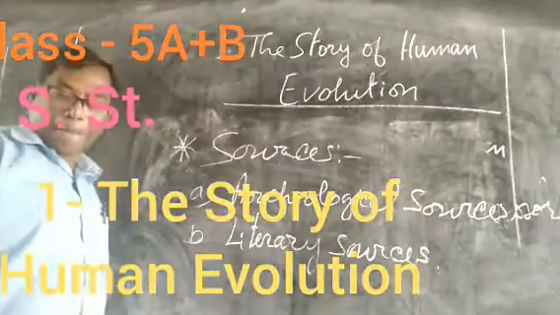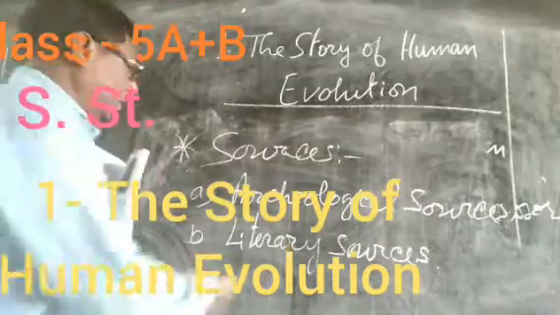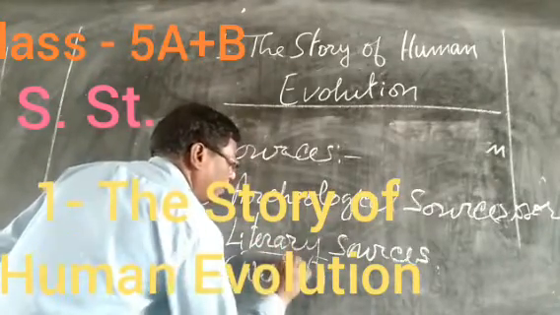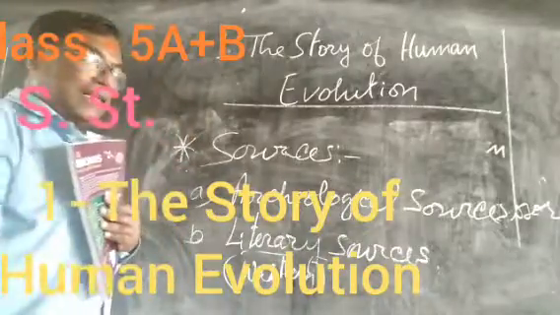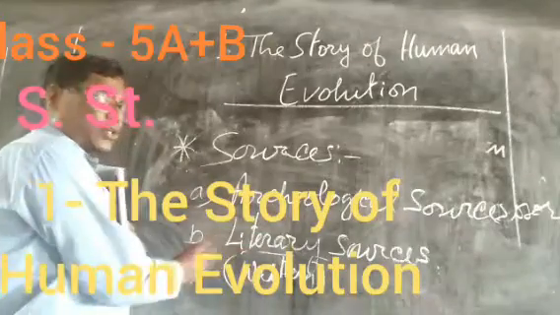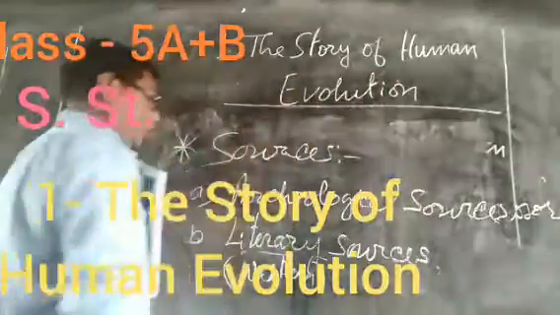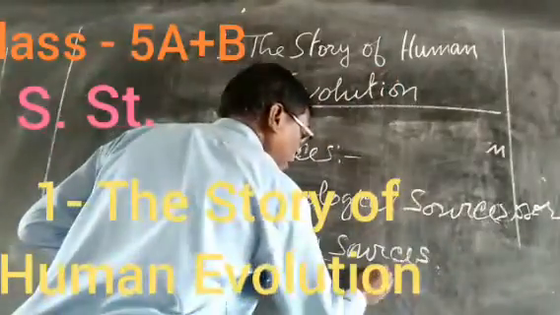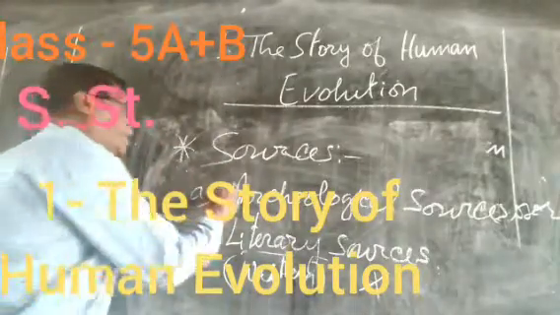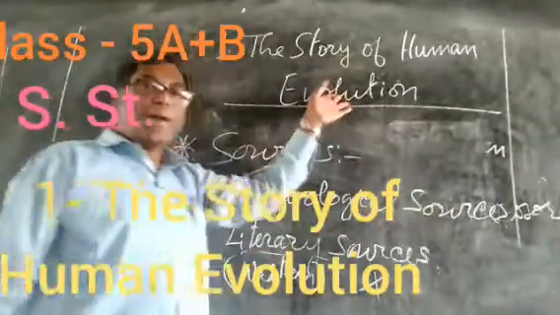But children, for human evolution, the literary source means here written source. There are archaeological sources and written sources. Here, for human evolution, literary sources do not give much explanation, not much evidence, and so we depend only on archaeological sources for knowing human evolution, because all these